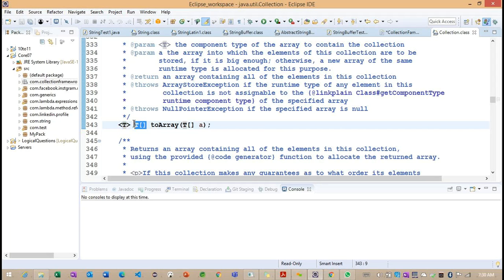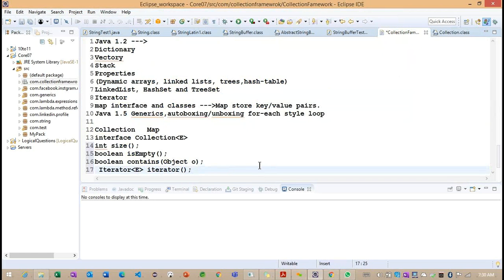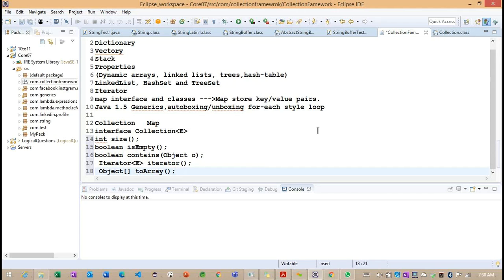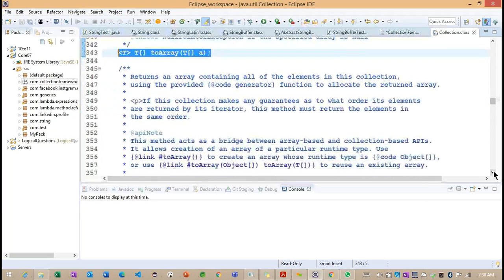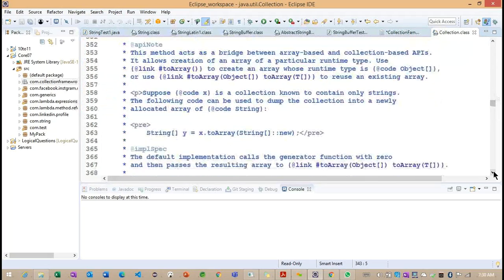But the only difference here is that this will return an array based on the type of object, whereas the above method will return the object array. From the object array, we would need to convert it into the specific data type, but here we cannot convert, because of this particular generic concept, we are not going to convert here. Okay.